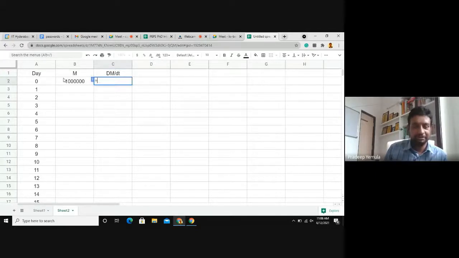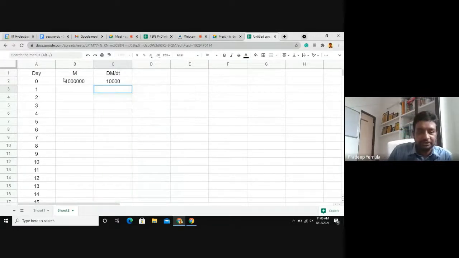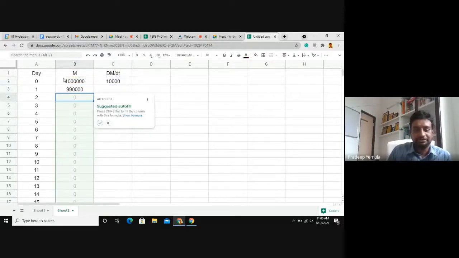So that will be equal to this multiplied by 0.01 or divided by 100, whatever. 1% I am donating. And the next day I will have whatever my earlier money minus whatever I donated.